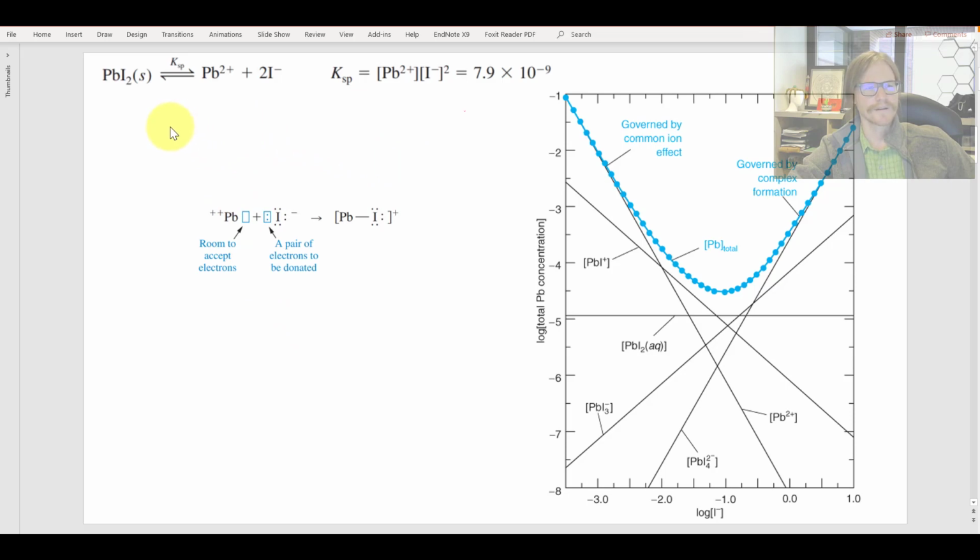So here's the solubility product, or Ksp, the solubility of lead iodide, this yellow compound, which you can see is pretty small. So the concentration of lead 2 plus times the iodide squared gives you this really tiny value, if we're only considering this reaction between lead 2 plus and iodide